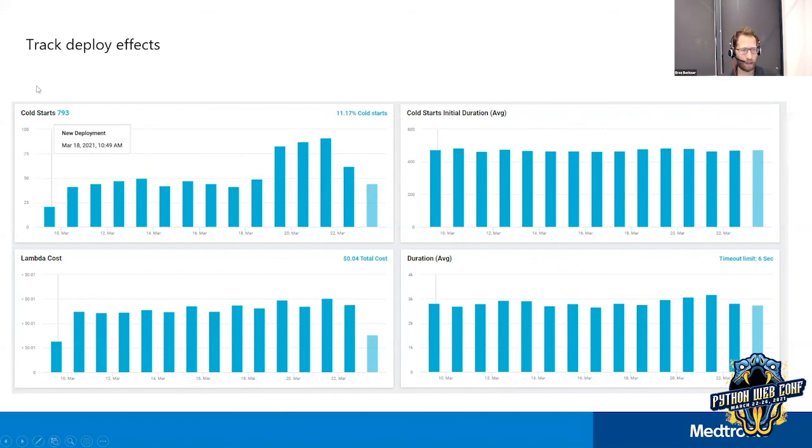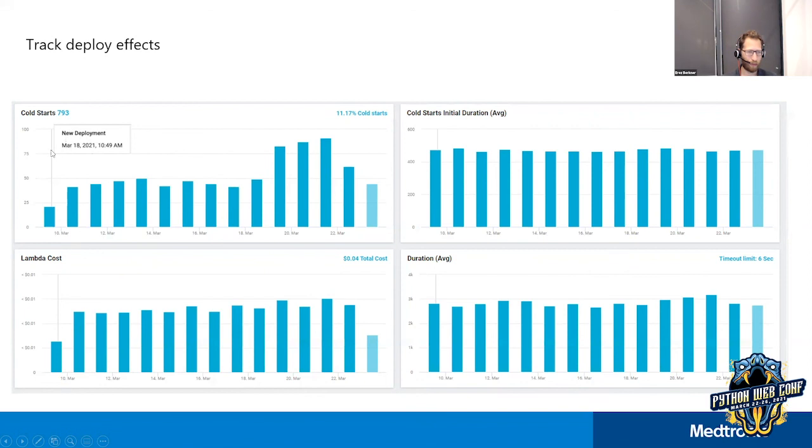So just as an example, they had an issue of cold start. This is from their environment. This is really recent. And they wanted to understand what happened. They saw this rise in cold start, and at the same time, a rise in cost. That's a relatively small environment, but the idea over here is that they were able to correlate this with a specific deployment.